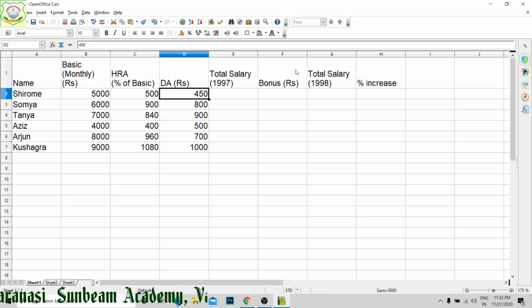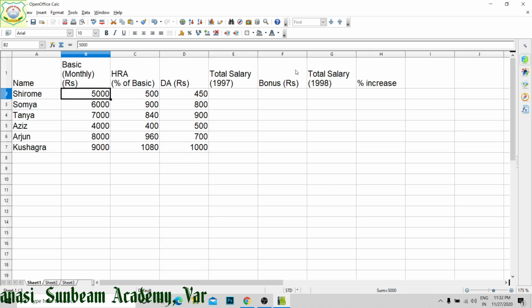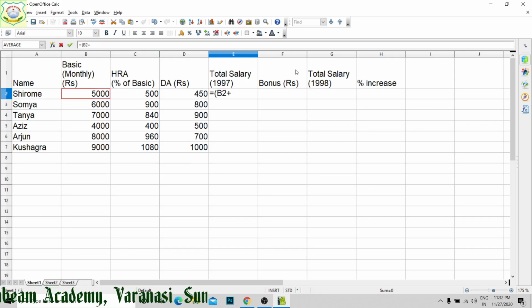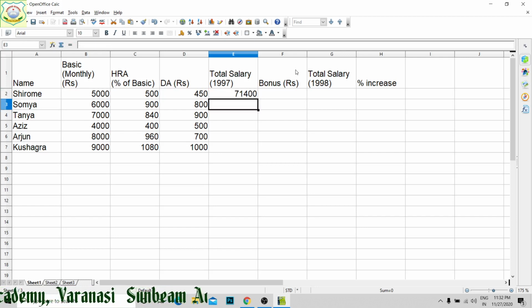If I add these three, it will be for 1 month. If I multiply it with 12, it will become for 12 months. So equal to, in bracket we are going to write this plus this plus this, put the bracket and multiply it by 12.